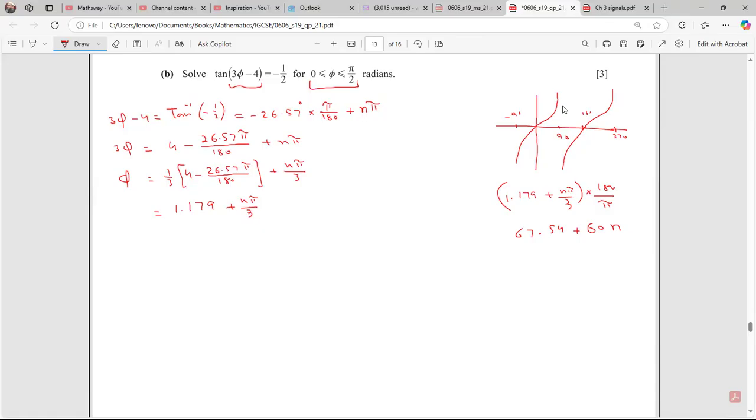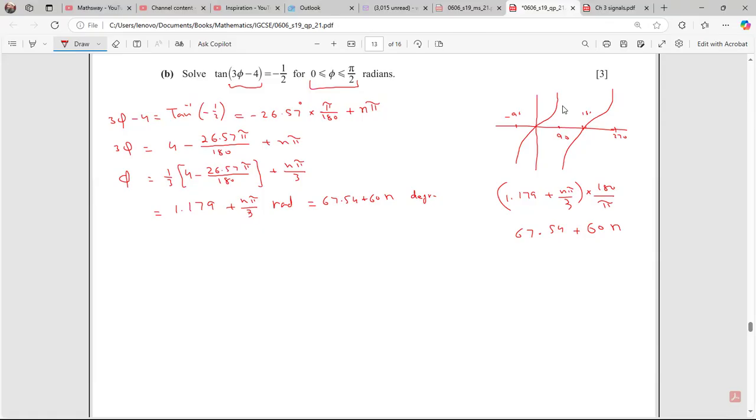So this answer is in radians, but it will be the same if I write it in degrees. It is going to be 67.54 plus 60n degrees,